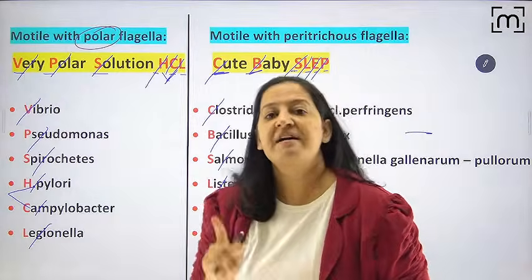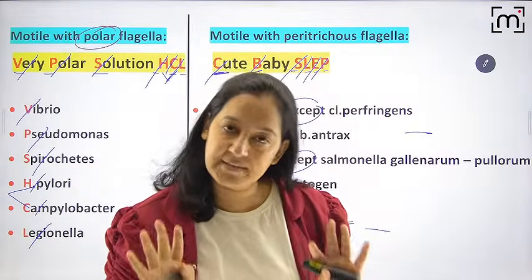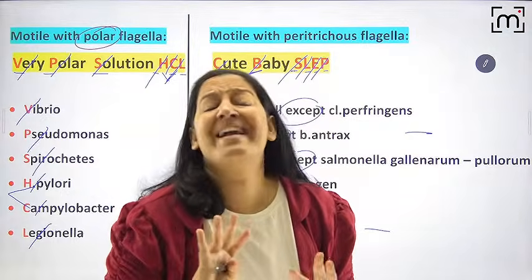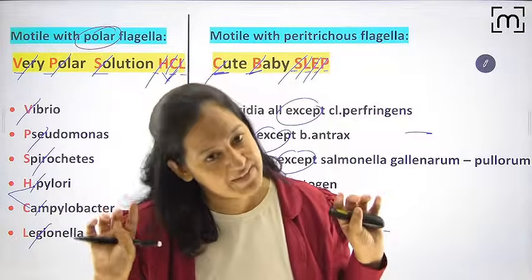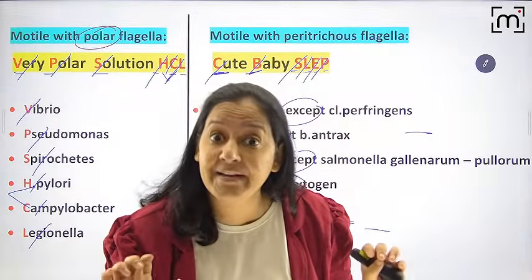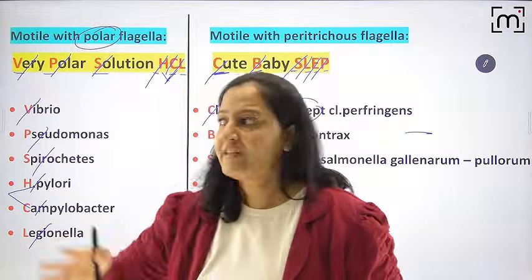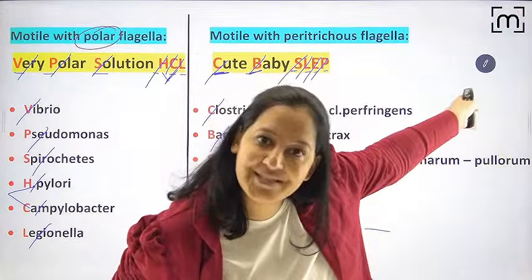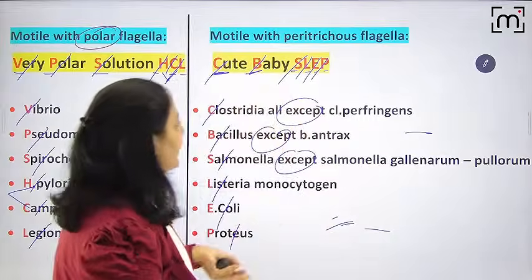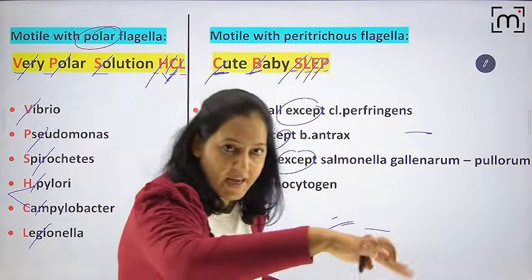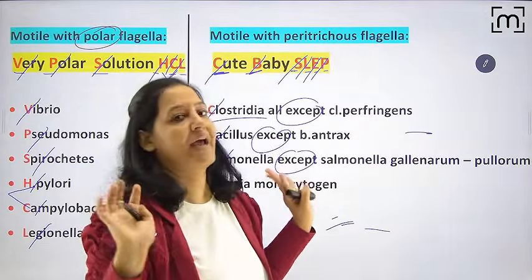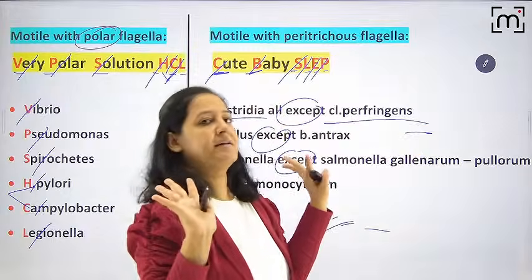Mind, people, mind. Whenever there is an exception, it is the thing you are going to get a question on. Examiners love exceptions. Whenever there is an exception, please mind it carefully, judiciously. You will not get the question on the entire list. You will get the question on exceptions. So my point is all Clostridia are motile. They can move except one which is not motile. The Raja, the king, is sitting. Everyone else is moving. Who's the Raja in Clostridium?